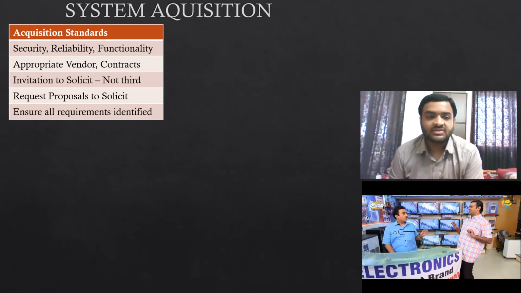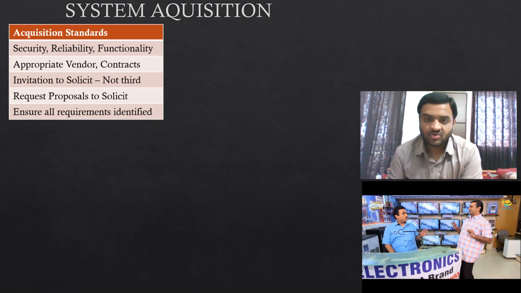Now remember, this invitation to solicit is given only to certain specific vendors. We are not going to allow everyone to solicit us. We will mention the requirements and the functionalities there, and we will say that if the company has an experience of 10 to 20 years, then they will have the benefit of soliciting the company. Others, please don't solicit. So no third party or local vendor who doesn't meet these requirements can respond to the invitation to solicit or prepare a proposal.